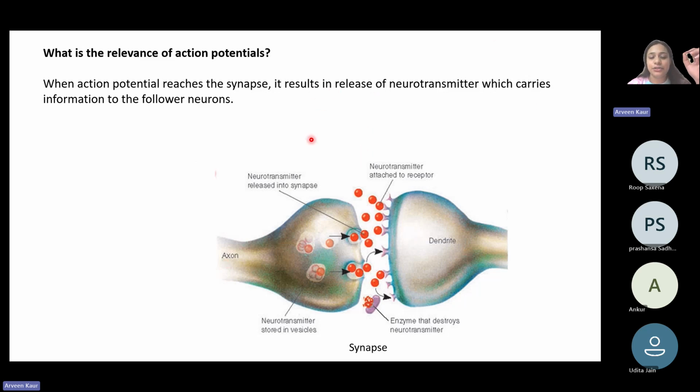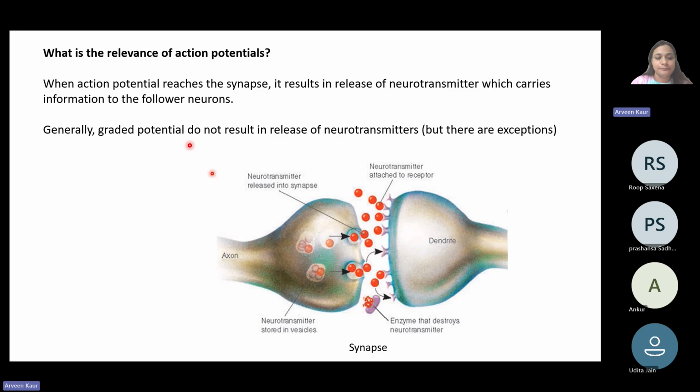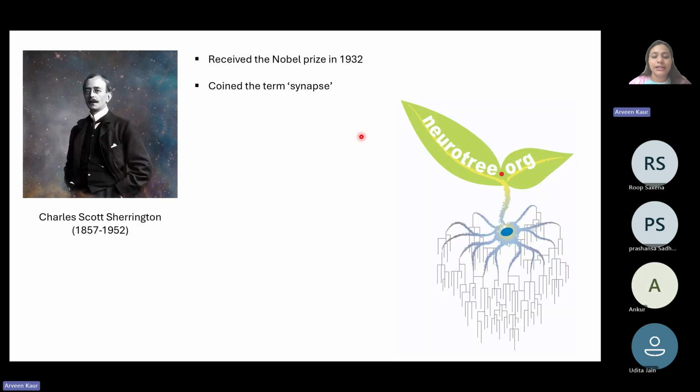So that is the relevance of the action potential, that it is transmitting a nerve impulse, which when it reaches these synaptic end buds, results in release of neurotransmitter, which carries information to the other neurons in the vicinity, right, or the neuron with which the synaptic junction is being created, right? So generally, graded potentials do not result in release of neurotransmitter, but there are some exceptions that are sometimes seen, right? Then